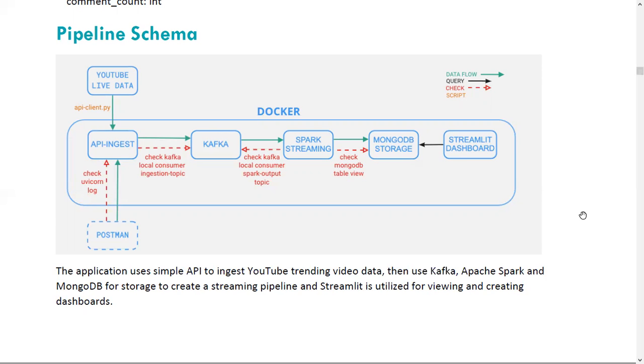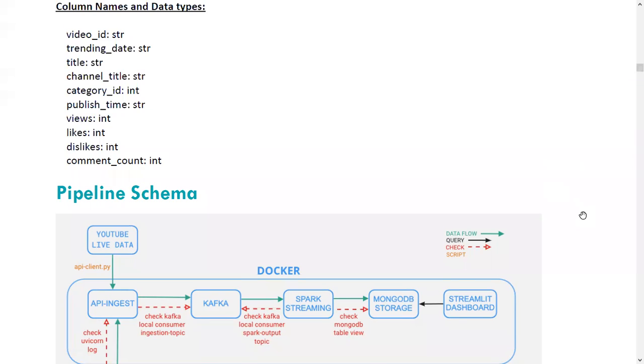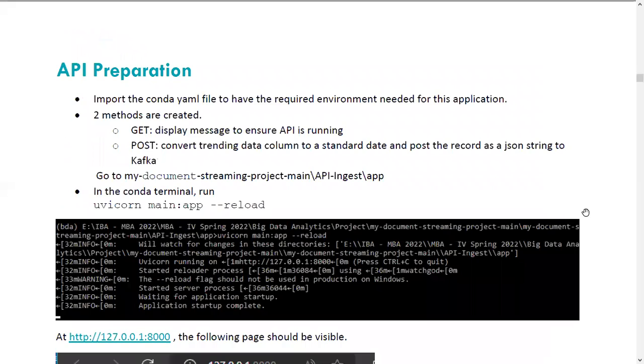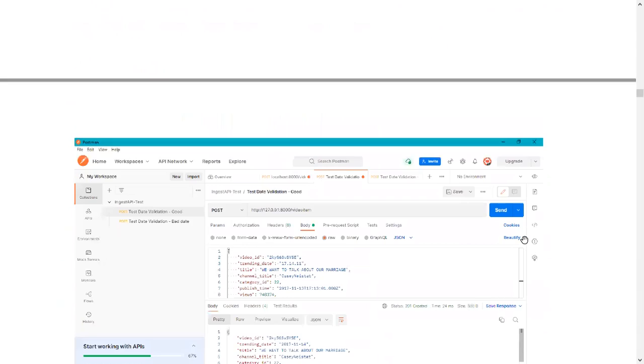Different information can be needed here using the YouTube live trending data to understand what kind of things are trending, how well they're trending, and what kind of views they have, based on all the data that has been stored. Which video has the most likes, for instance, or which video has the longest title. There could be many analytical queries used here. So we have a whole step of actually establishing the API,